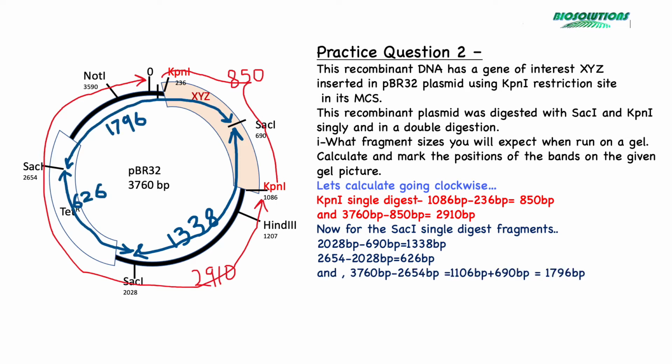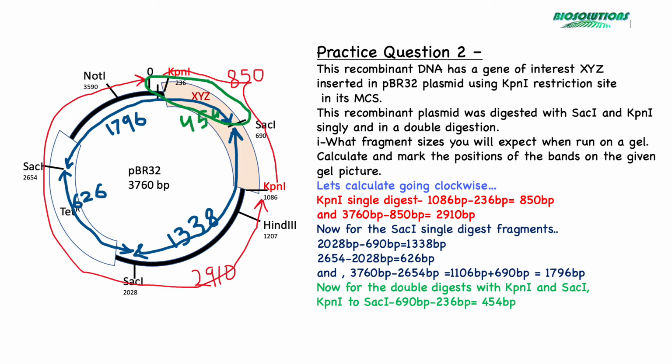and for the third fragment we can subtract 2654 from the total plasmid size, which is 3760, which comes to 1106, and then add 690 base pair till the first SacI site. Hence the fragment size will be 1796 base pair. For the double digestions going clockwise, starting from 0 position, KpnI to SacI will be